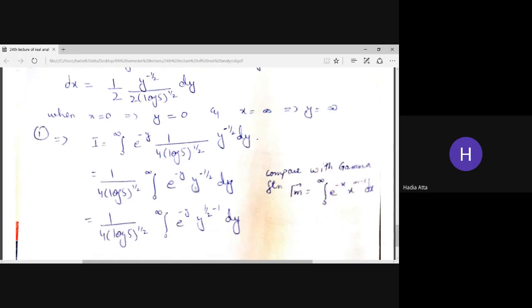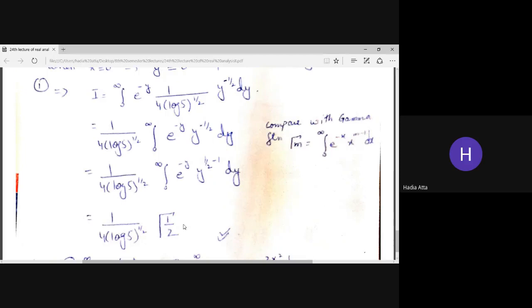Again, this is the same as the definition of a gamma function. So we have to split that minus 1 by 2 in the form of n minus 1, so it will be in the form of 1 by 2 minus 1. Now write that integration in the form of a gamma function, like gamma 1 by 2, and you know that gamma 1 by 2 is equal to square root of pi. If you want to change the gamma by that value you can, or you can write this as your answer, so that will be your answer as well.